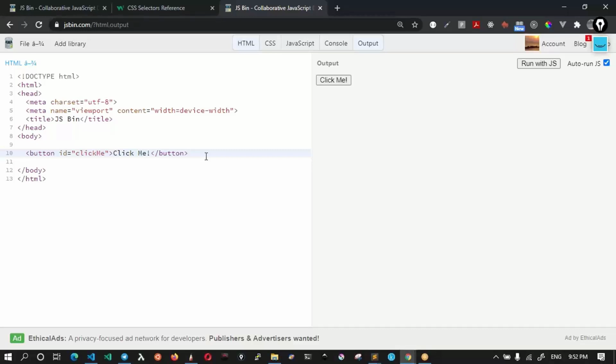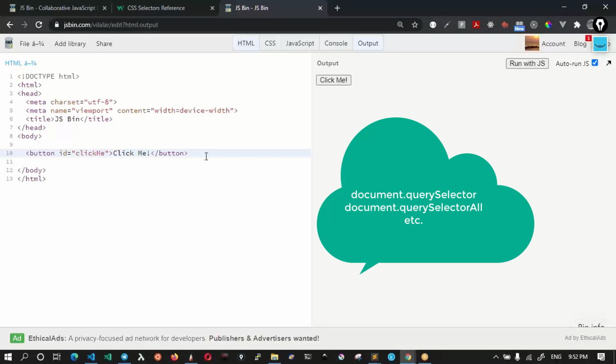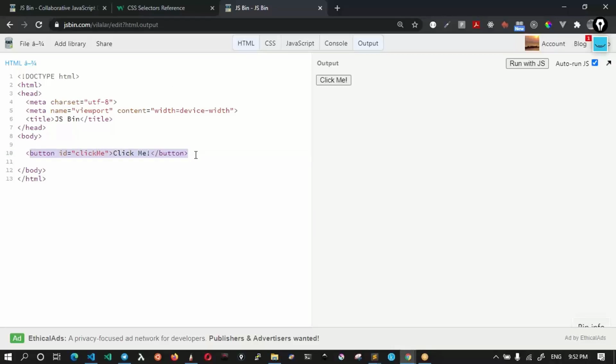The first thing that we typically do is to select an element, and we all know how to select a DOM element. Can someone let me know in the chat window how you can query the DOM elements? There are various ways, some of which we discussed in session 1 as well. What is the best way to select this specific button using the DOM methods? Get element by ID, that's correct. Any other options? Query selector, that's right. So we can use either getElementById or querySelector. Let's try to tackle this now.